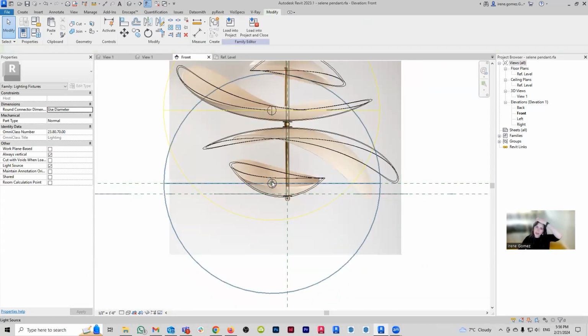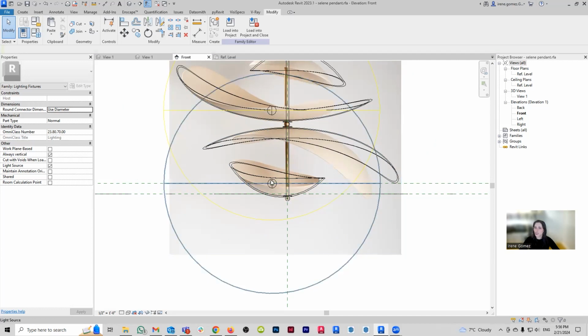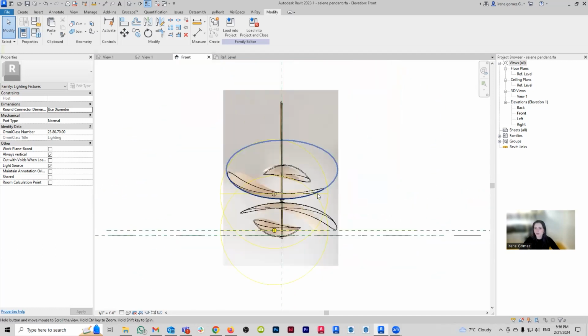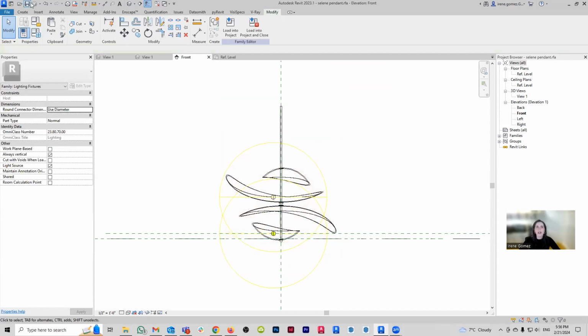So now what's going to happen is that we're basically creating the illusion of two light sources that are the same, but they're actually two different objects. And that actually does create a problem because when I go to control my light sources, I'm only going to be able to change the bottom one. So what does that mean? Well, look what is going to happen. I no longer need this reference, so I'm going to delete it. I'm going to save this and I'm going to load it into a project so you can see how that looks. Give me a second.